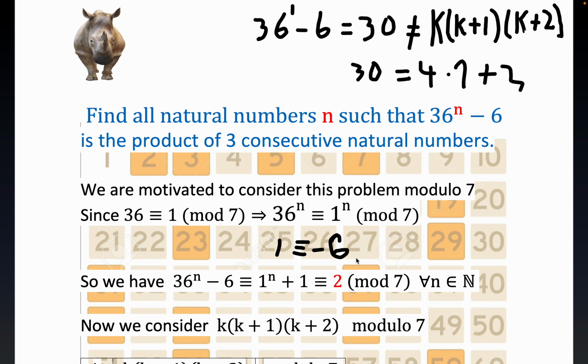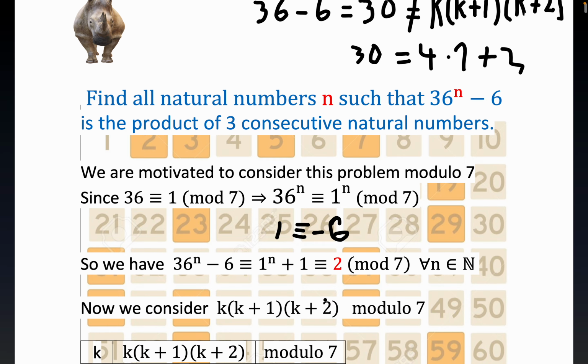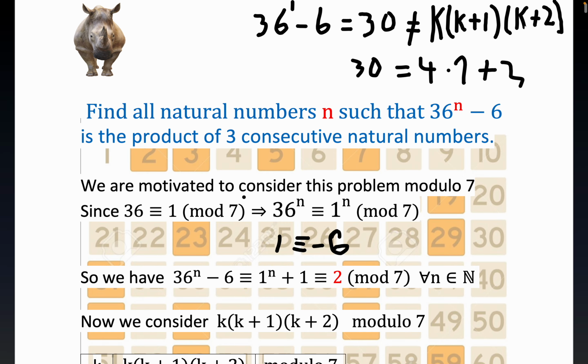Okay, that's the same 2 you said here, and a 2 would happen for any n according to modular arithmetic, all right? So we know what's going on with this expression, modulo 7. We know that it's always congruent to 2 for all natural numbers n. Okay, so now we are talking about